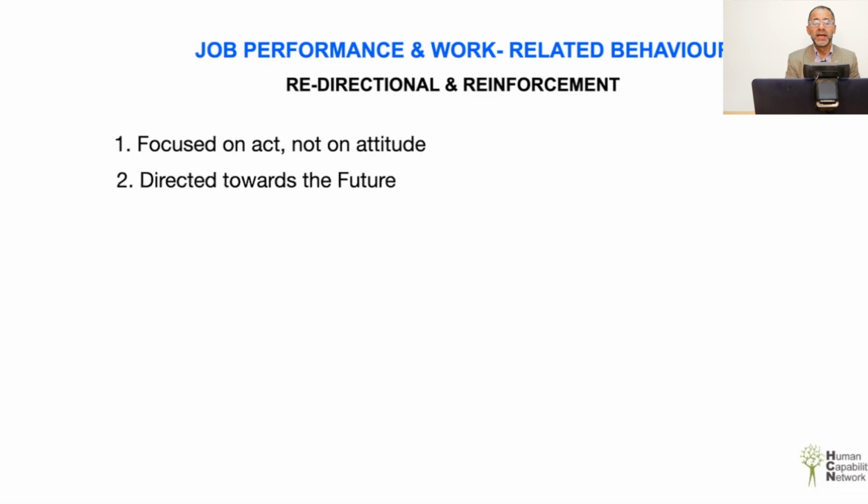The second is, feedback is always directed towards the future. What does it mean? Whenever we give feedback, we cannot give feedback only on past things. No doubt, we first look at the past, but that is to set the context for the discussion, and on that basis you set the tone for the future. For example, in the previous example, the typist was making typing mistakes. Because it's a performance error, not a behavioral error, it is a performance gap.